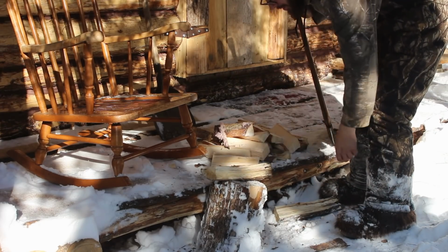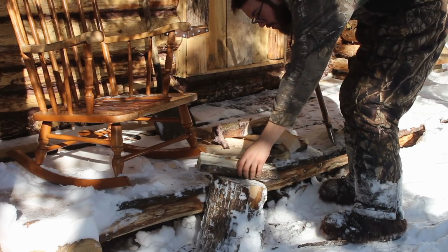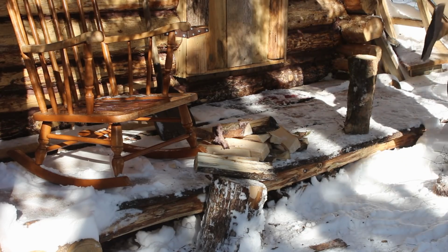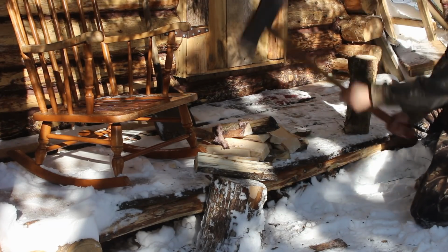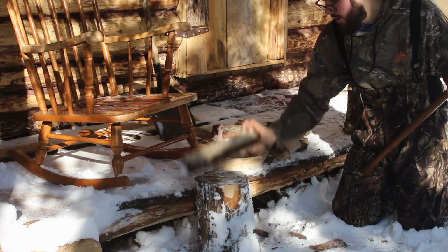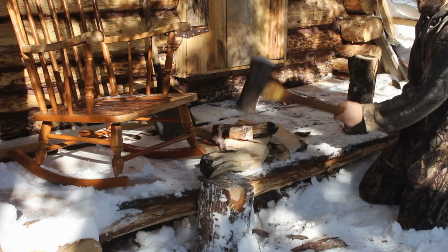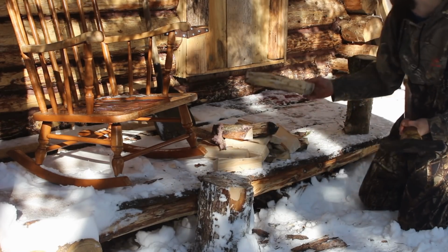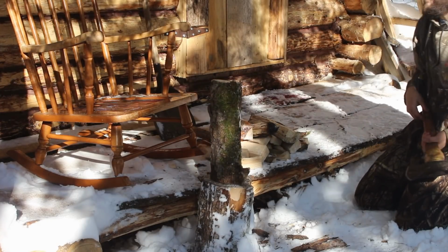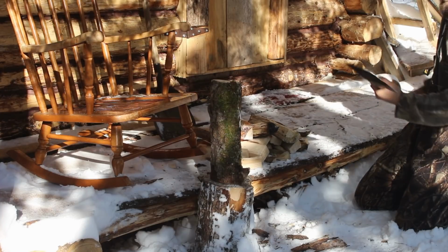Pine and spruce is good, but I can't always rely on super soft stuff, so this is some harder, punky-ish wood. Yeah, this doesn't even want to split, whatever. It's too soft. But trees are just dumping snow on me, but